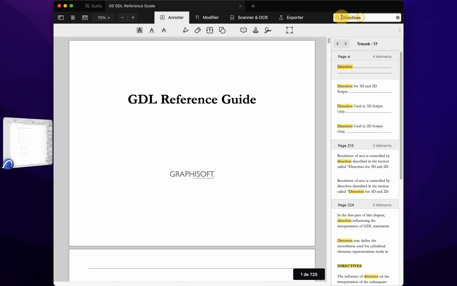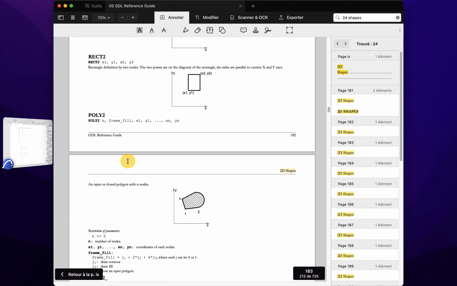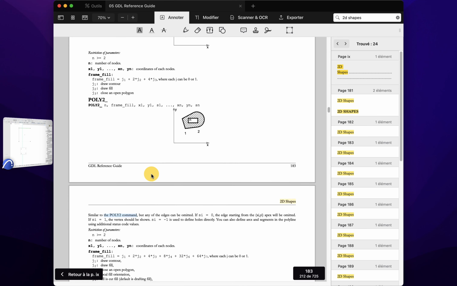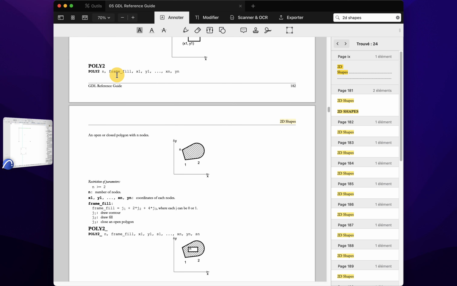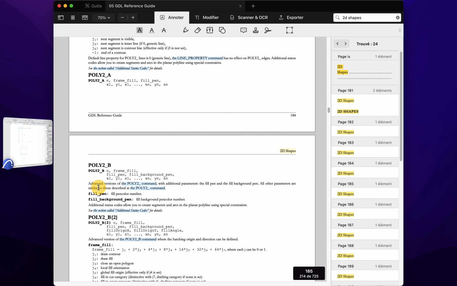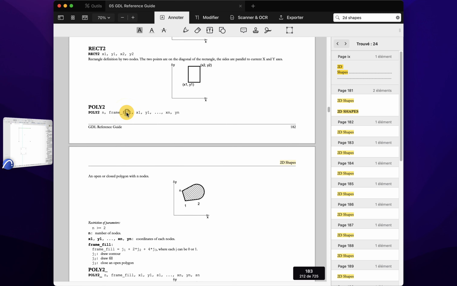Here we will go back to our 2D shapes, and instead of stopping at rect2, we will go at poly. We will simply draw a polygon. The reason is because the poly2 methods, there are several. You can see underscore A, underscore B, etc., etc. Take into account in the second argument if I draw a contour or if I draw the fill. So that's why we will use a poly2 command.